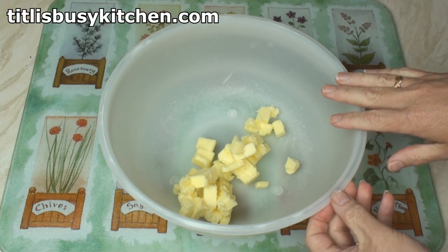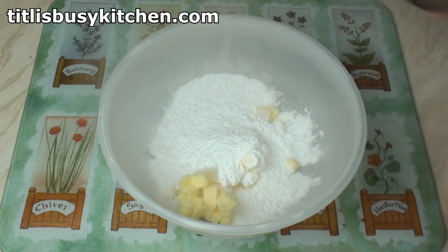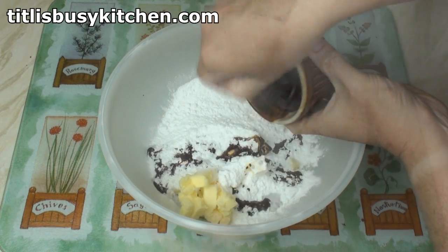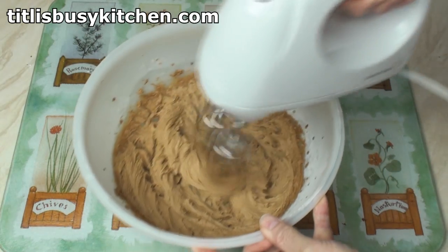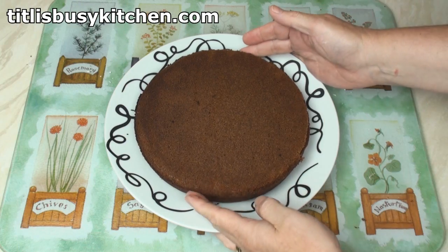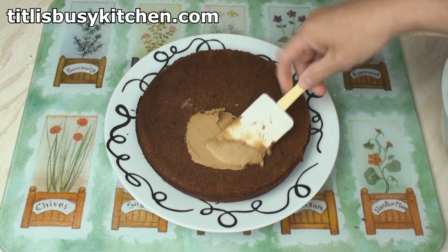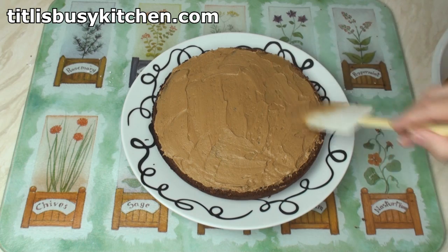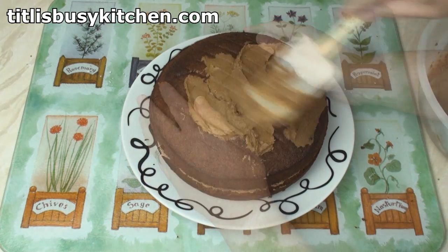Now while I'm waiting for the cakes to cool, I'll beat together the remaining butter, the icing sugar and the remaining coffee mixture. Even more creamy coffee coloured goodness. Put one half of the cake on a nice plate, then spread on a bit of the buttercream. Make sure you leave plenty of buttercream for the topping, then pop on the top half of the cake and